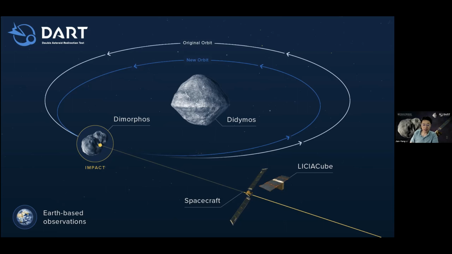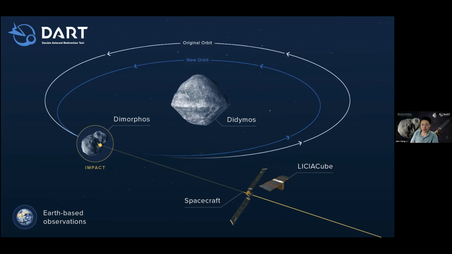Very small, right? So if we hit an asteroid that is orbiting the sun, the orbital speed of that asteroid will be something like 30 kilometers per second. So we only give it a very, very tiny push. And that push will change the orbit of the asteroid around the sun by only a few seconds. Now imagine, how can we measure a few seconds change out of a 1 year or 2 year orbital period? It's basically impossible. But if we hit the moon of a double asteroid, then